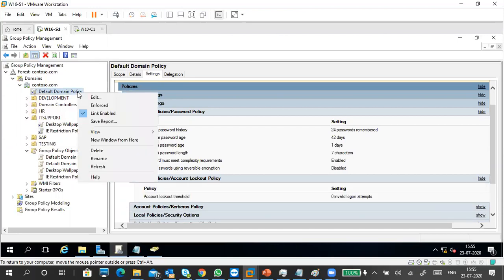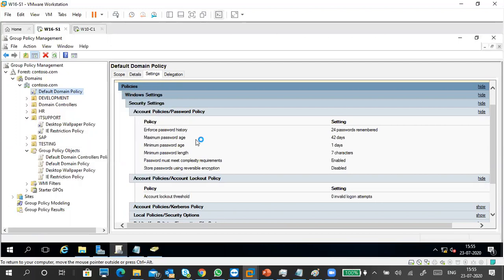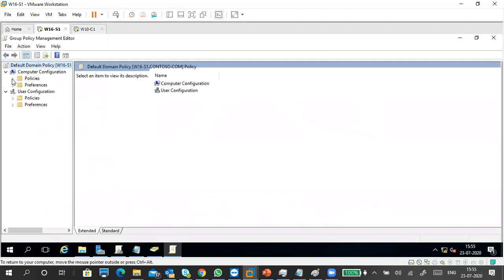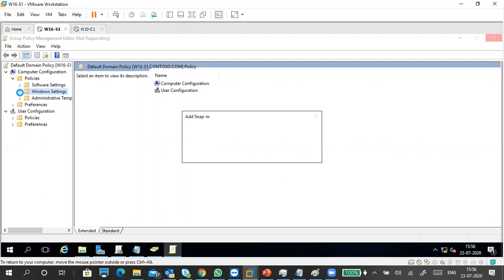I will show you directly by going to edit. If you don't want to take a risk, then don't go there. The policies are under Computer Configuration and Windows Settings. Do not change anything, just for reading. I don't know whether we are exhausted or the computer is exhausted. It is going to not responding. I mean, still recording.